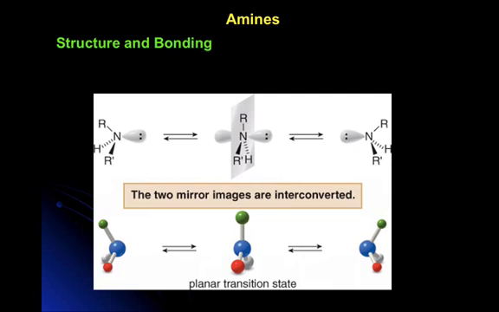Constantly, yes, it continuously goes through that interconversion. Now, there are amines where you can constrain the amine so the inversion can't happen, and there are examples, but that's beyond what I want to talk about in this class, okay? So technically, yes, you can do it, and I'm telling a little bit of a white lie here. But for all practical purposes, when the R groups are not connected to one another and constrained, the amino groups will